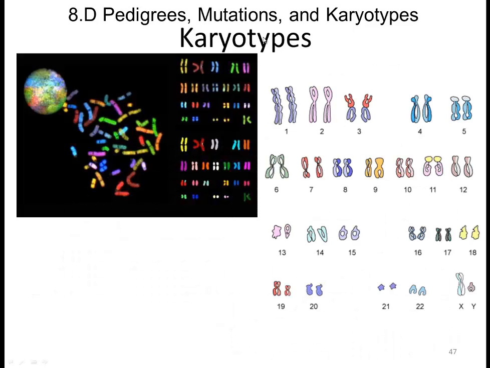Then we have karyotypes. The way we can make a karyotype is we get a cell, and we get it in prometaphase, halfway between prophase and metaphase, where the chromosomes have formed. Chromosomes are setting up, but they're not quite in the center. And then what we do is we smash the cell. Basically we break the membranes open. We pull out the chromosomes, and then we try to line them up